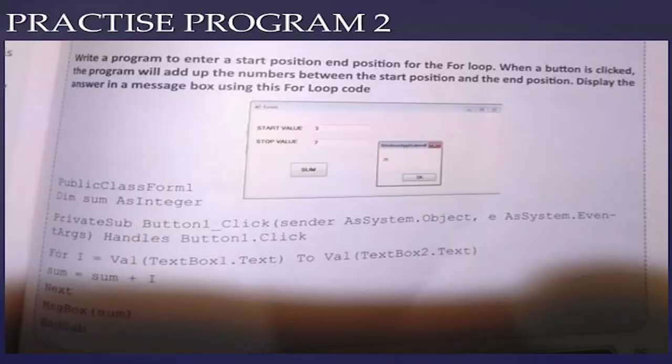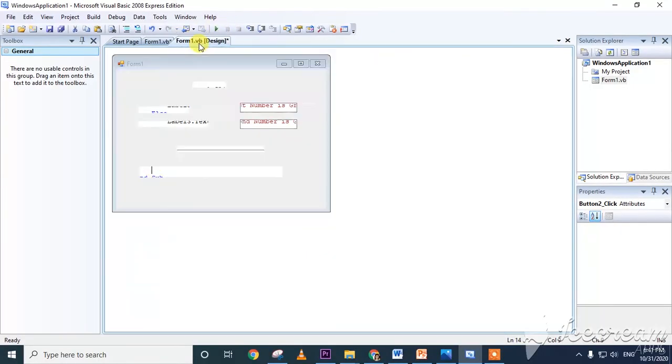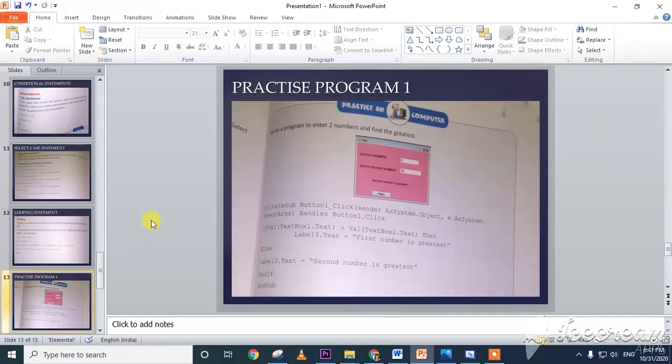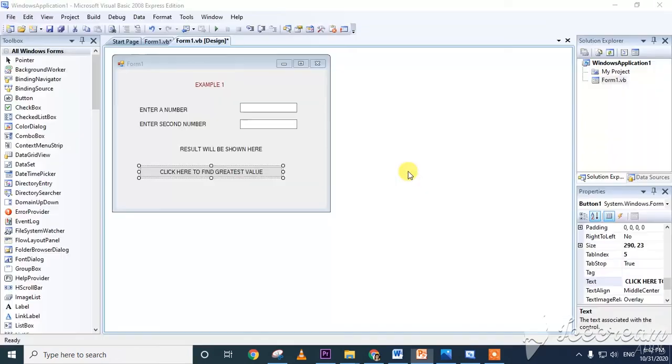This is practice program 2. Write a program to enter start position and end position for the for loop program. Let us have a look at a small video for the for loop statement. Next, the second example is there for us. Write a program to enter start position and like that.